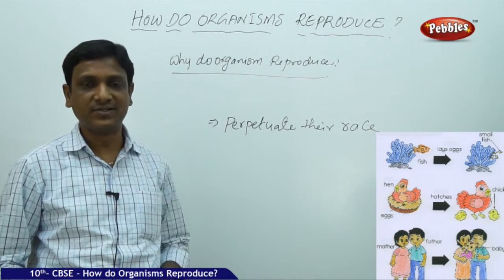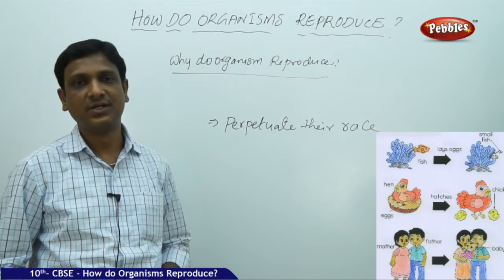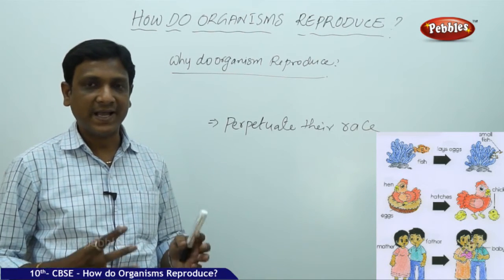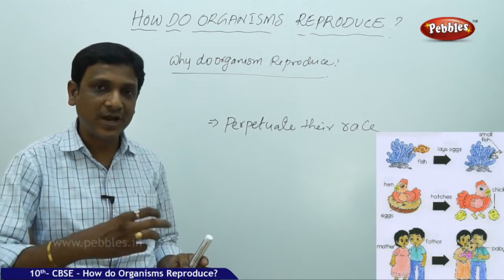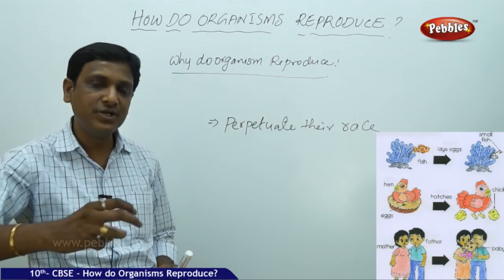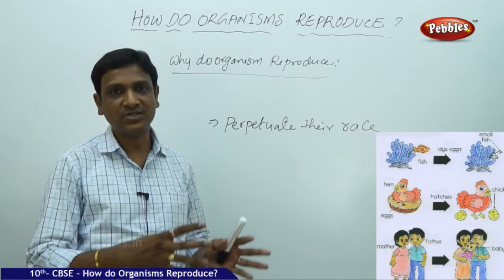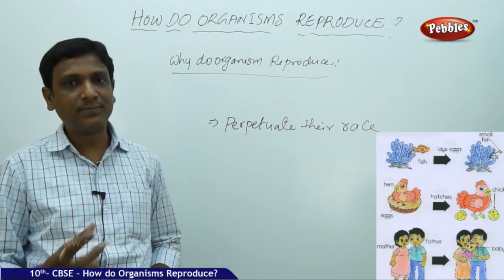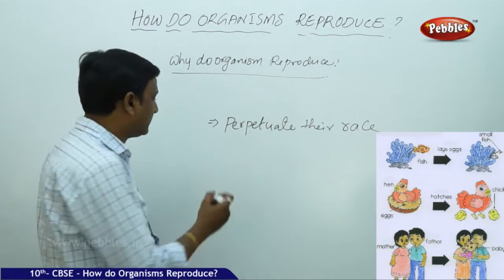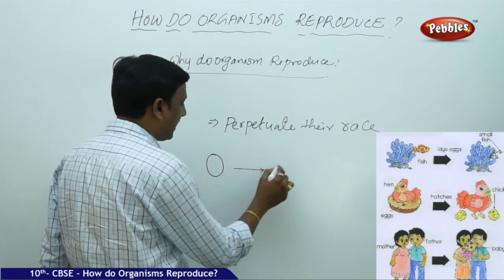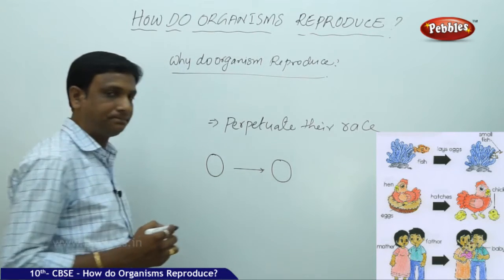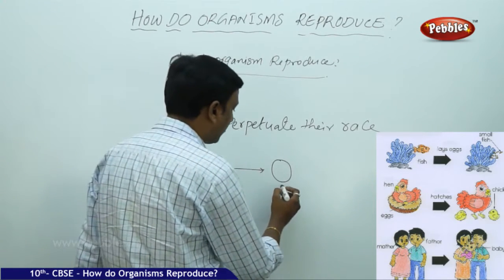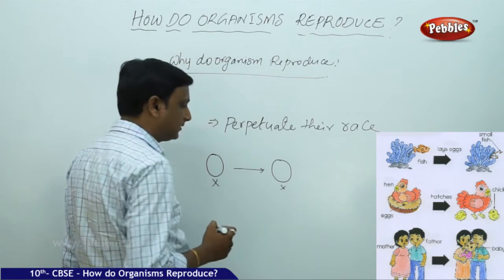You see, all plants produce seeds by which new plants are produced. Animals too. So this reproduction helps the organisms to perpetuate their race, to continue their species. Otherwise, the continuity of the species is missing. The species will become extinct, disappear. And whenever an organism reproduces, it produces another organism of its own kind. If it produces organism X, it produces another organism of the same kind X.